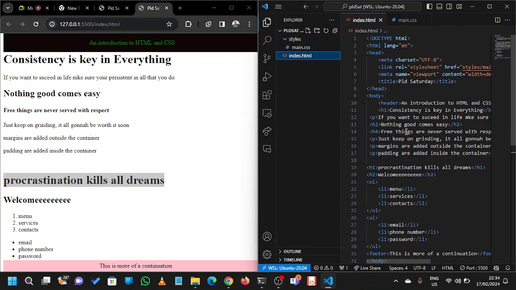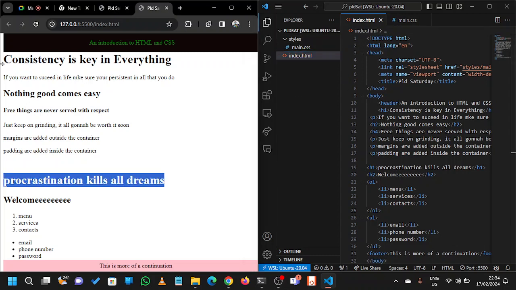But remember, let me show you something here. In this case, maybe we have three h1s here. Okay, two h1, yeah, two h1. So maybe we want to style this first h1 here. Consistency is key in everything. So coming here,